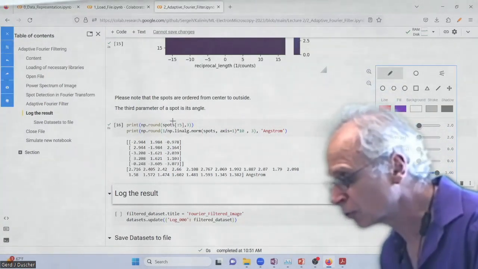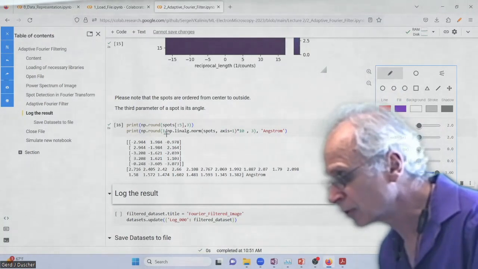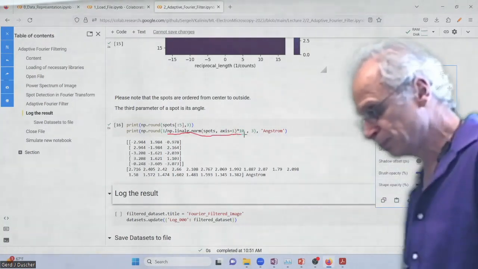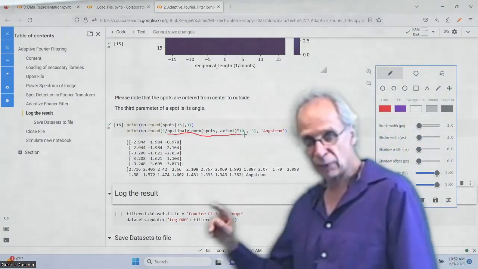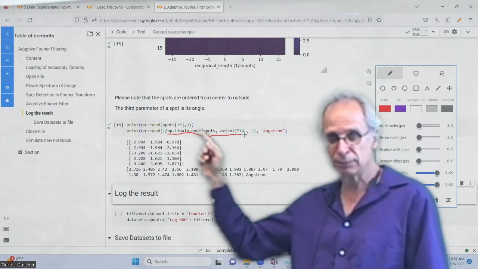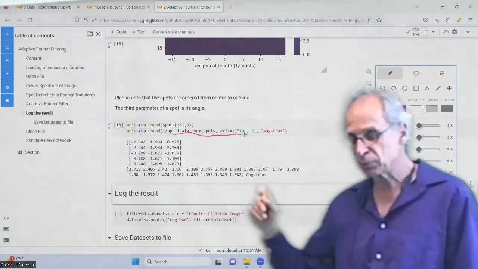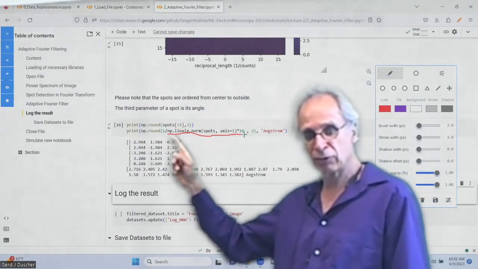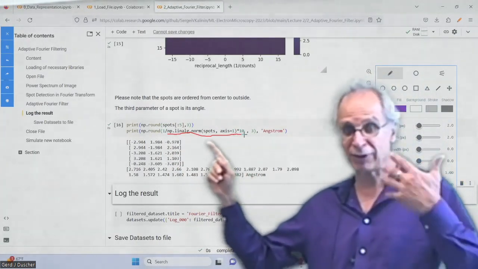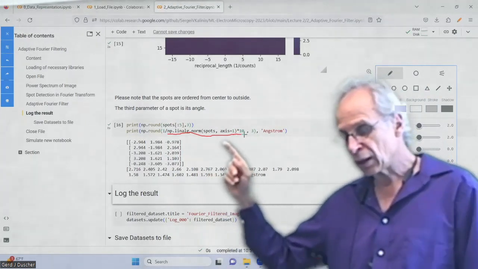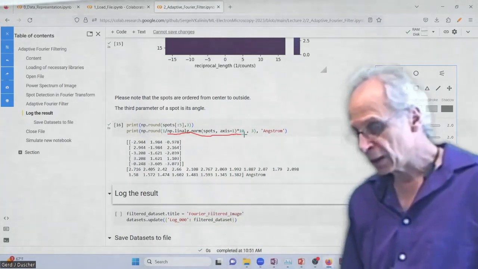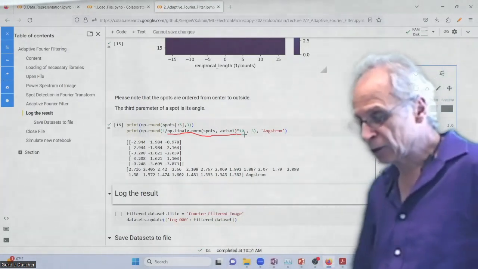So here I was first giving out the spots, and then here 1 over the norm from the linear algebra package of NumPy of the spots. You have to give an axis so that you get them all times 10. So now it's in angstrom. And then they're here. And we see the largest